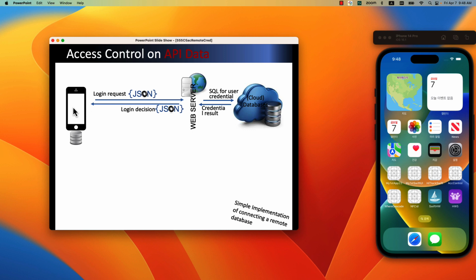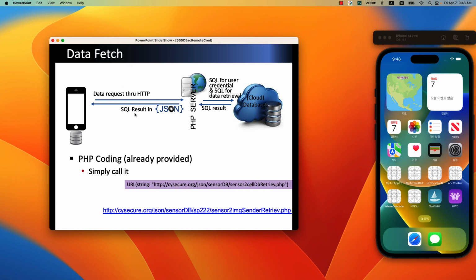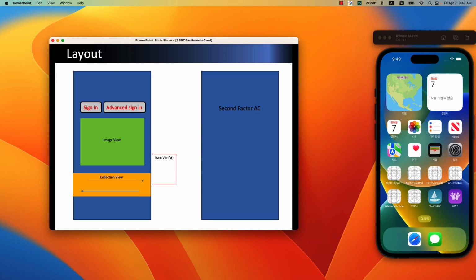So keep in mind here at the local device, you requested in HTTP request format, and when you receive JSON, you need to understand the JSON format, and therefore the specific field names that you need should be extracted, and then you can use them. Okay. This slide shows some of those PHP codings, of course, that you need to do. What we actually would like to do,